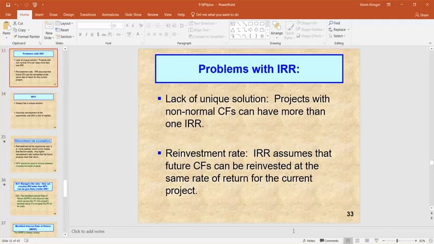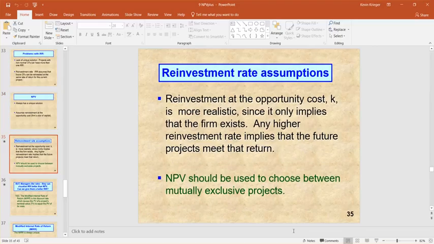Whereas if you get an IRR of 11%, it's assuming that you're going to continue to reinvest at 11%, even if the WACC is 9. And this is another reason, though it's a bit technical to get into the weeds,